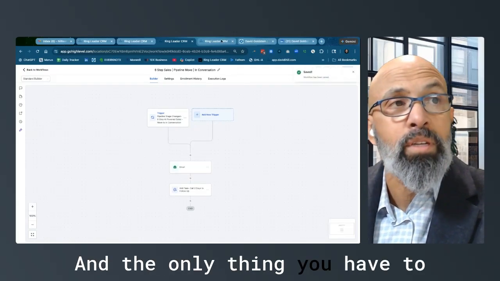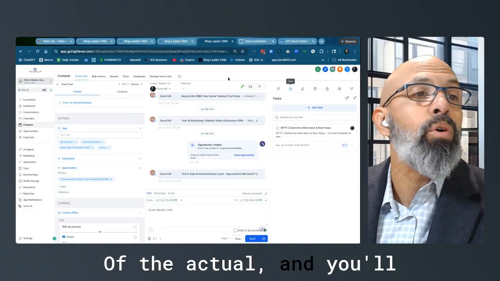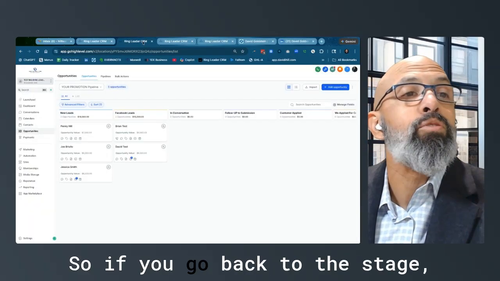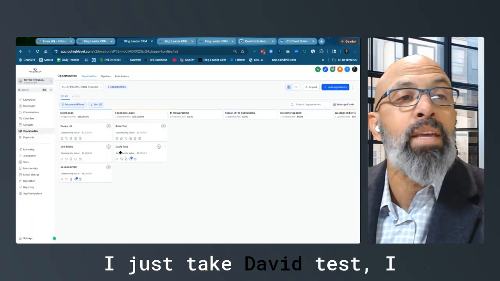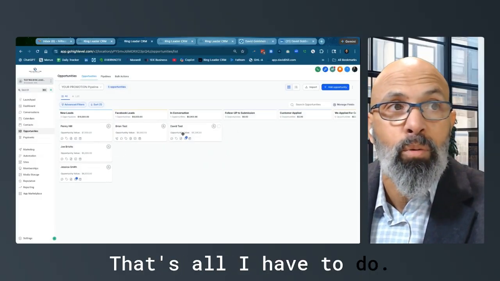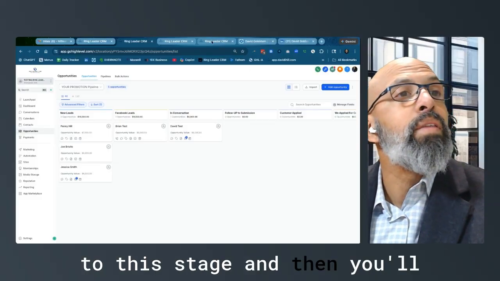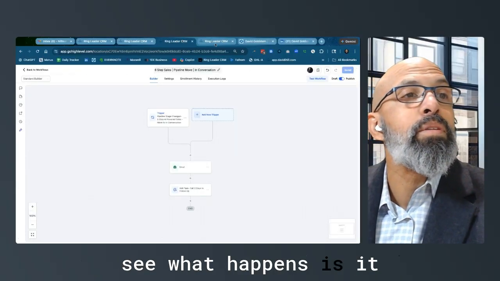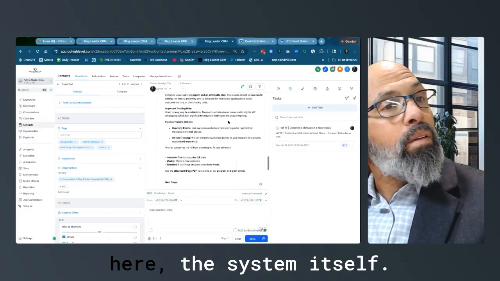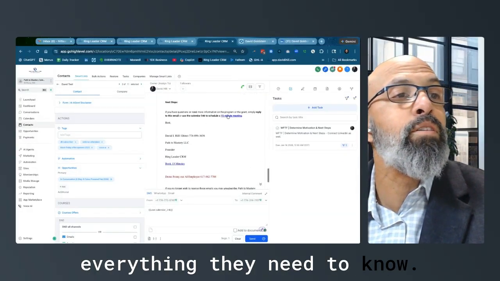And the only thing you have to do now is when you're inside of the actual, and you'll see here it is right here because I just launched that, but let me go back. So if you go back to the stage, I just take David test. I move that into conversation. That's all I have to do. I move that from this stage to this stage, and then you'll see what happens is it then sends this email right here. The system itself, beautiful email, has everything they need to know,